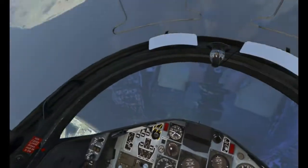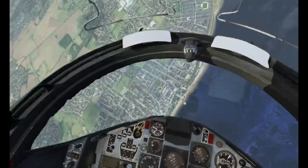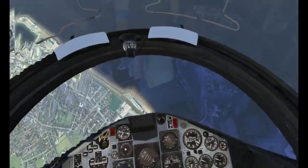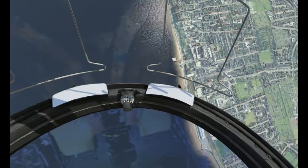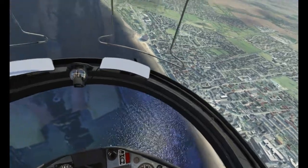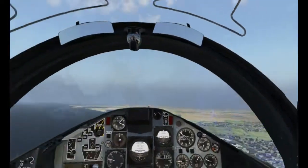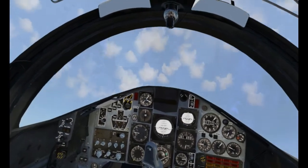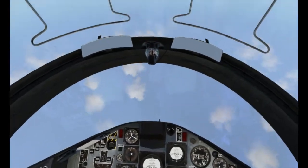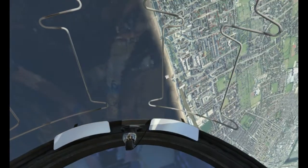Whoa! Whoa! Whoa! Okay, opposite rudder. Recover. Pick up the airspeed. And we can now start recovering. And we'll go straight into a loop. Ignore the controller there, guys. I like to put it in front of me so I know where it is. Probably breaks the immersion a little bit, but